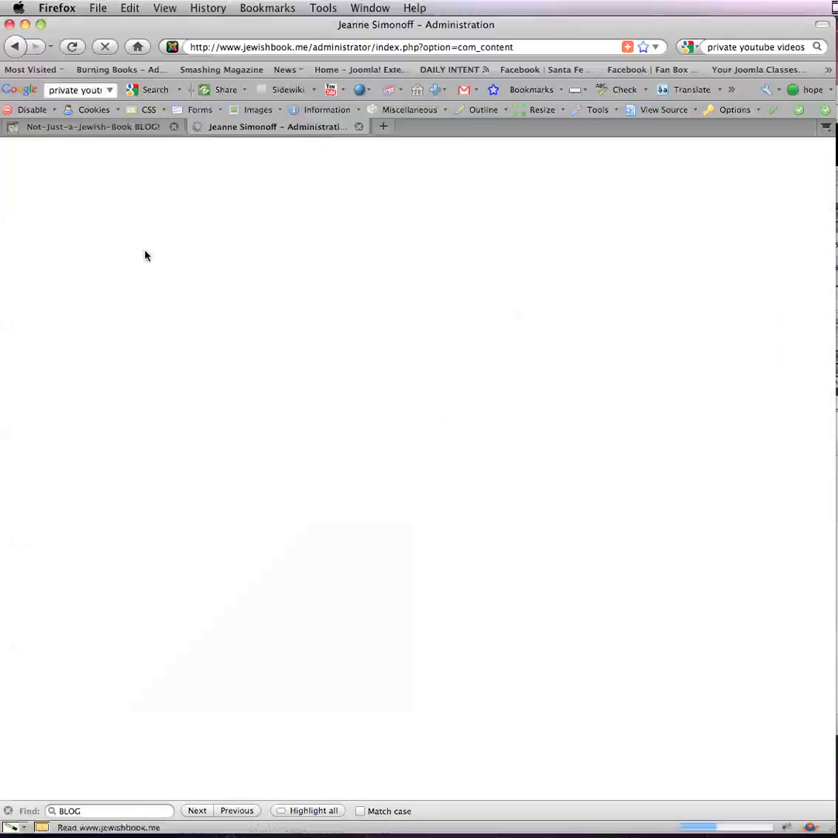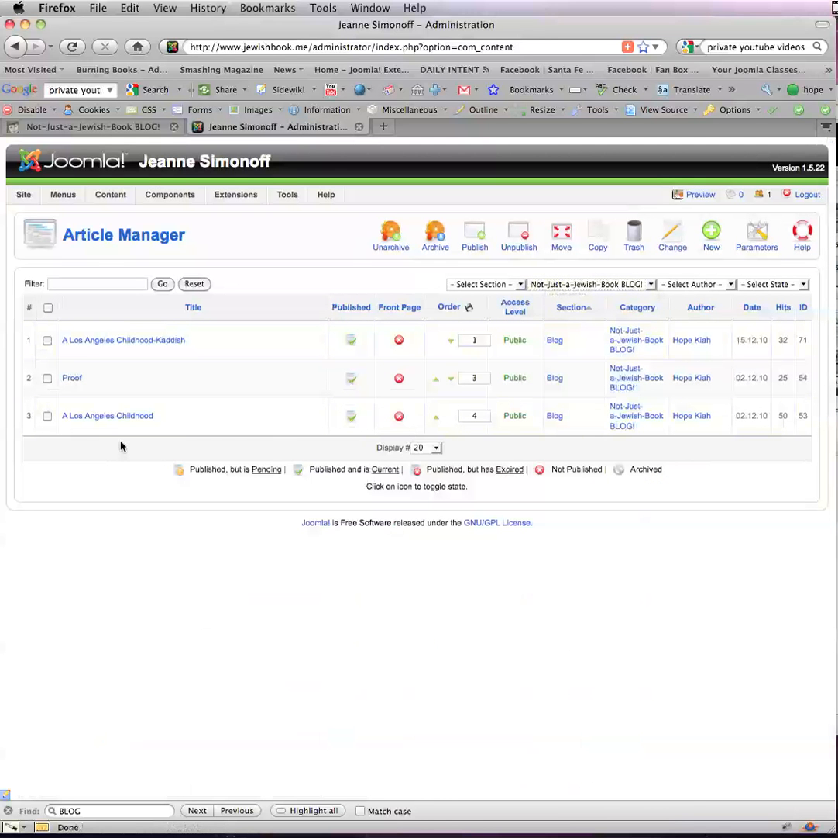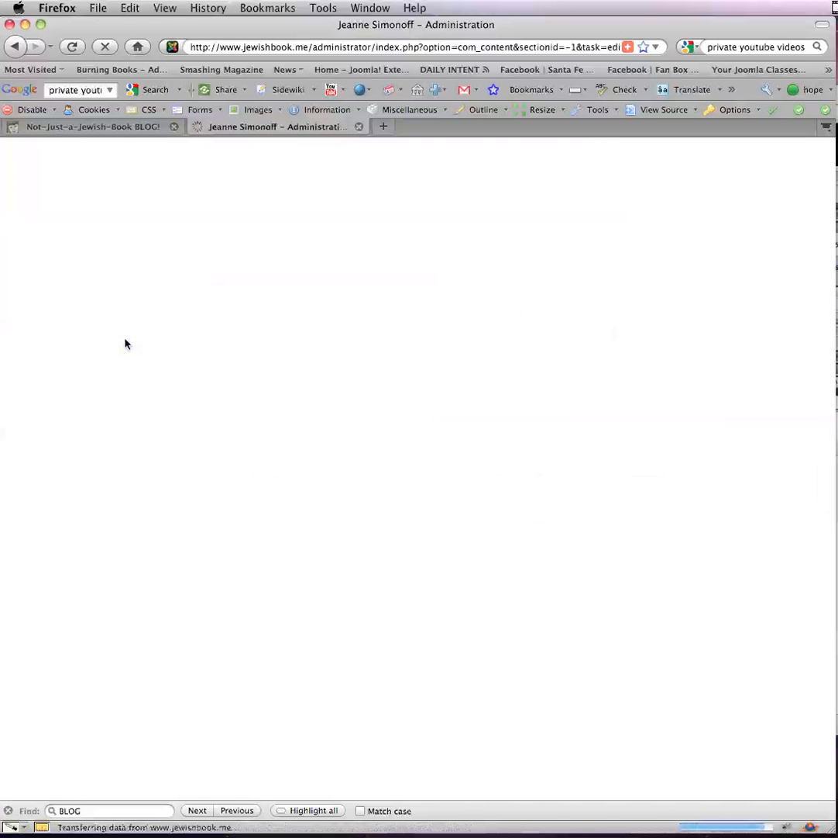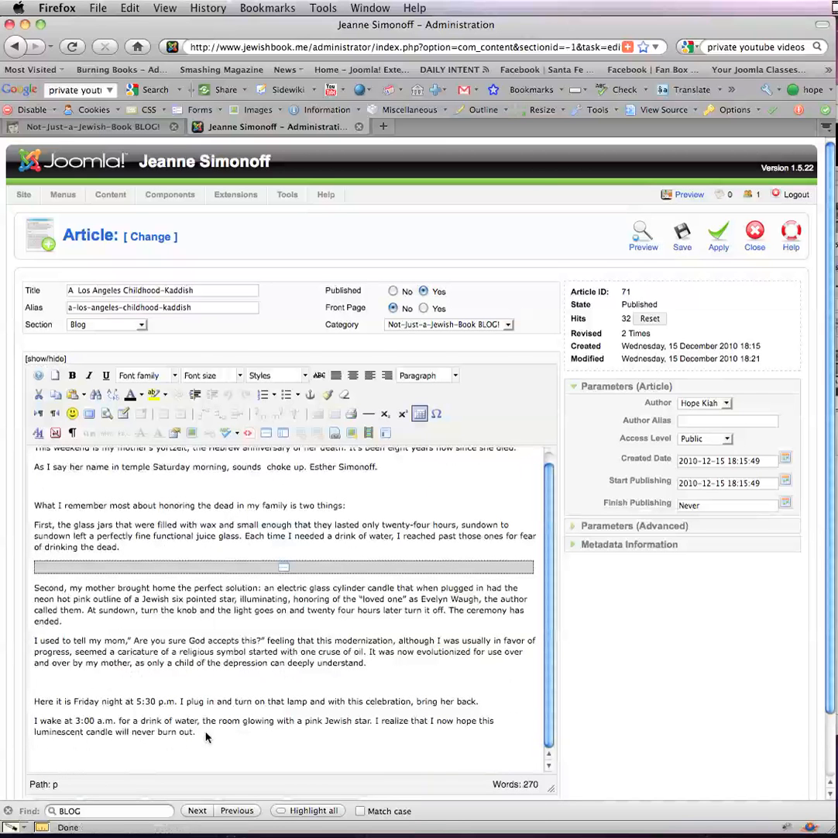So the first thing we're going to do is add this link to the existing blog posts. But in the future, you'll use this technique to just include it at the end of each of your new blog posts. So I'm going to go to the category. I'm selecting this drop down, and I'm going to select the category of Not Just a Jewish Book blog. It's going to pull up the 3 posts that we now have. And I'm going to click on the first one, and then I'm going to scroll down to the bottom of the text. And I'm going to put my cursor at the bottom and click and hit return and say,